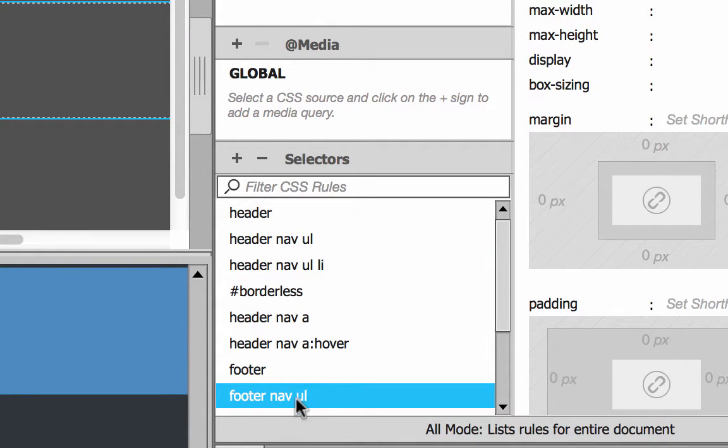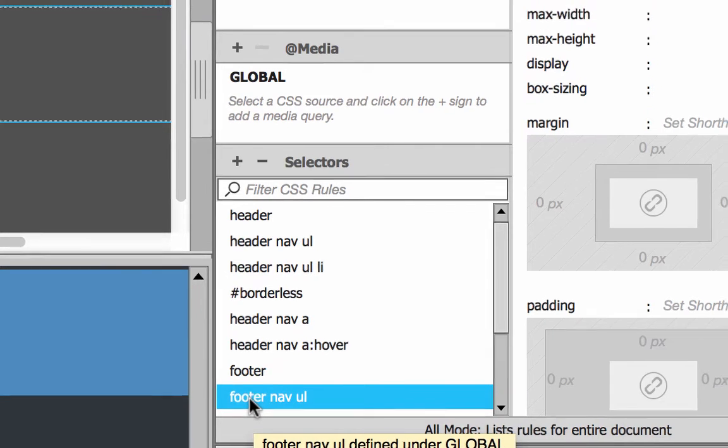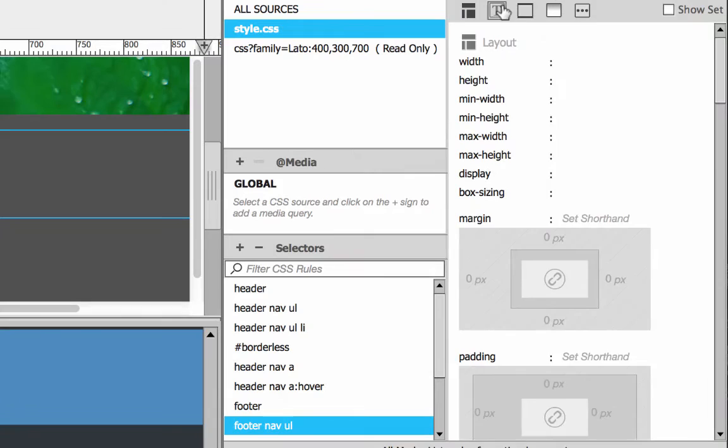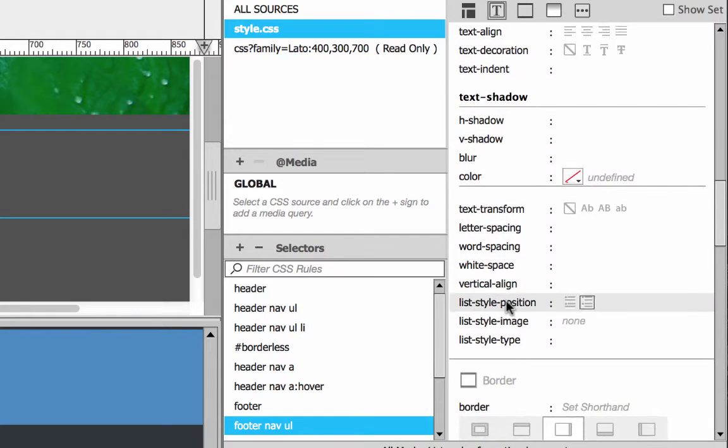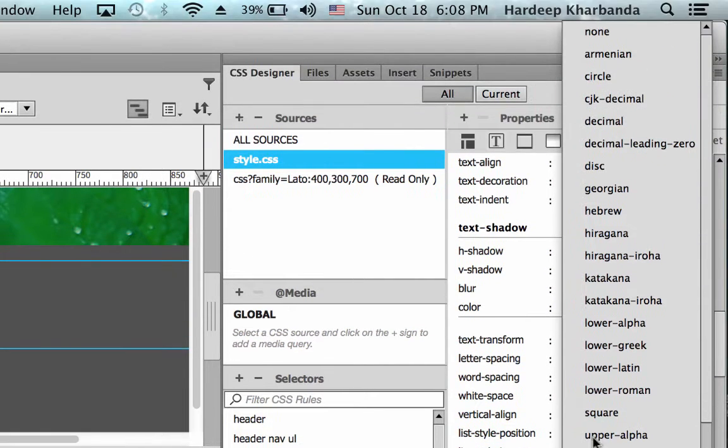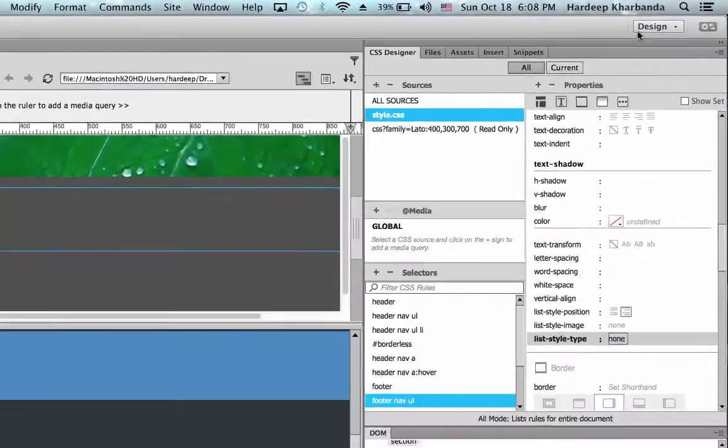This applies only to the bulleted lists inside my menu, inside my footer. I go up to text properties, scroll down to all the list properties, and change the list style type to none.